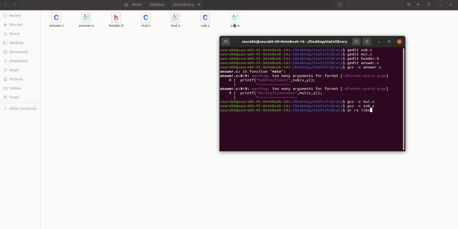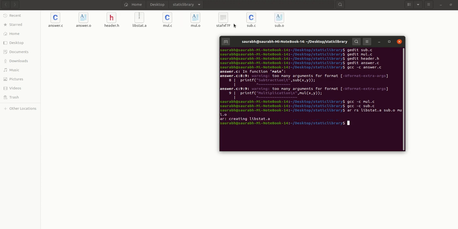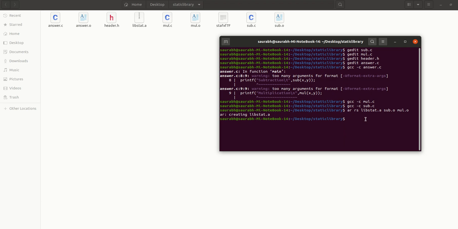So libstat.a, and then we are adding the two functions, the two object files sub.o and mul.o. Here you go, we have created libstat.a.